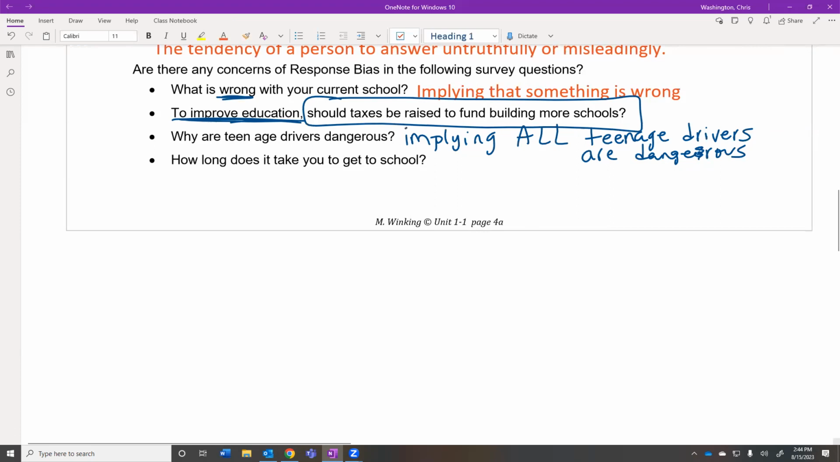How long does it take you to get to school? Does anybody see anything wrong with that question? Yeah, that's a great question. I don't see anything